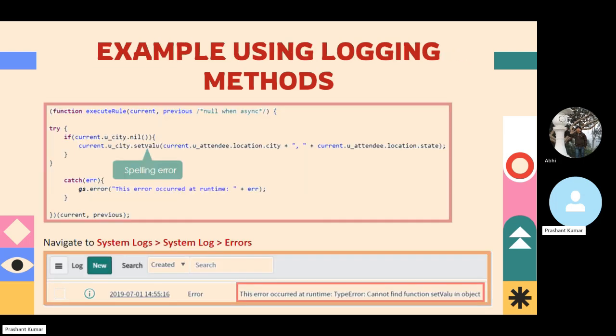And now you will see how the logging method works here, and they are using try catch here. Right, so this error occurred at runtime. Type error: cannot find function setValue. This spelling is wrong here, right? Yeah, so that's why we are getting the error,